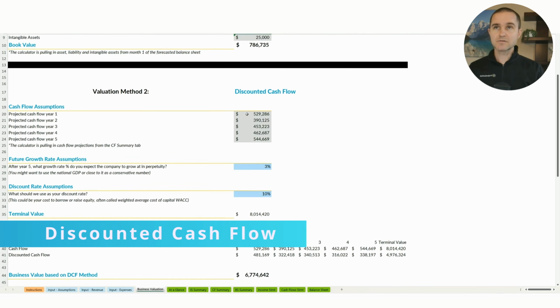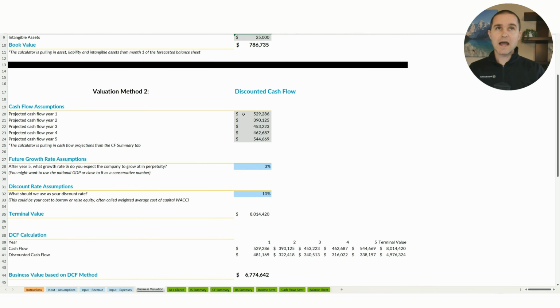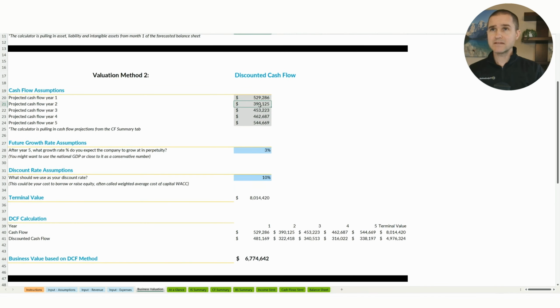Now, a discounted cash flow method is highly based on projections. So that's why this works well with our projection template. You'll create 5 years of projections, and these 5 years of cash flow projections are actually being piped in from the cash flow summary tab in this file. And then you are going to have to make 2 assumptions, an assumption for what's the ongoing growth rate for the future. And a lot of times I just say pick 3% as the growth rate of the